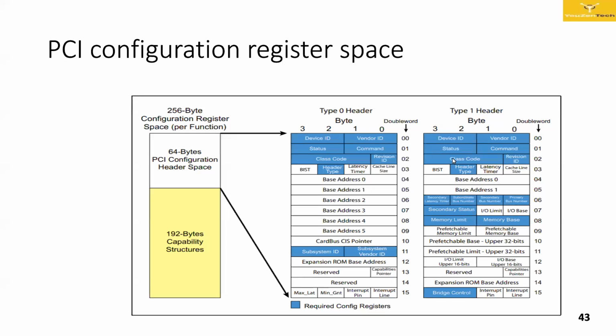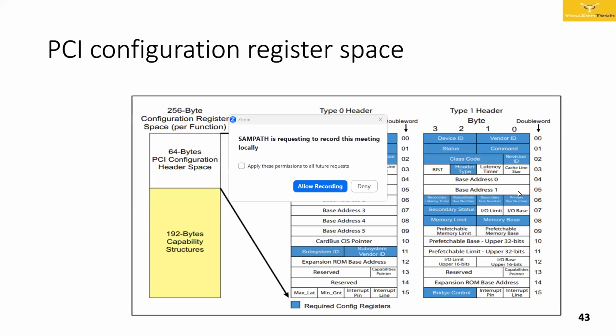I already explained the 64 byte PCI header config space. In type 1, you see D word number 6, byte 1, byte 2, byte 3. The first byte represents the primary bus number, and the second byte represents the